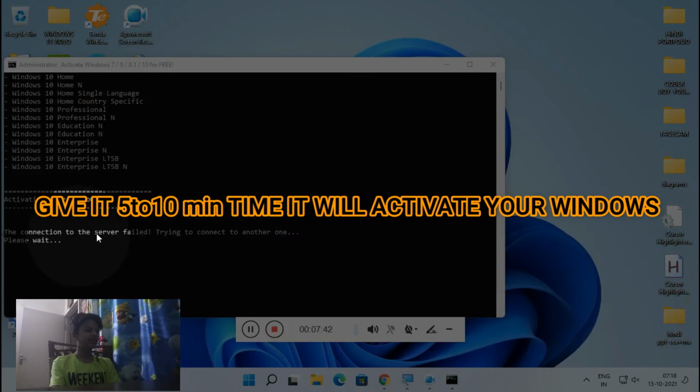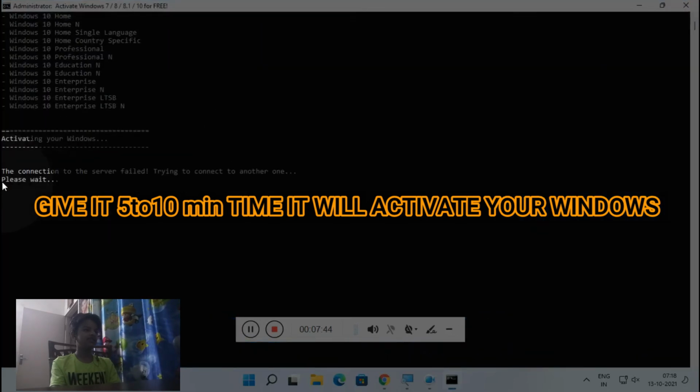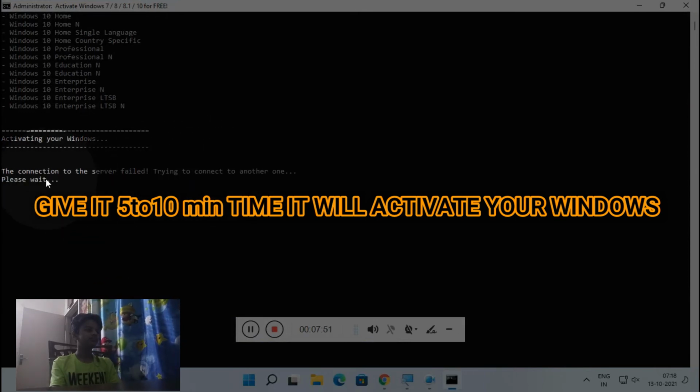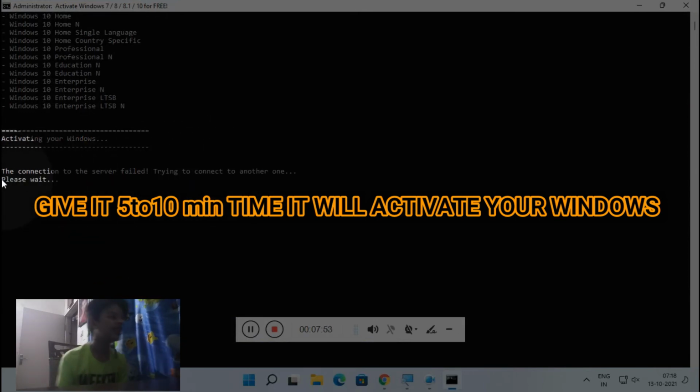Guys, here if it shows these types of errors, then ignore them and just continue waiting. It will activate in a few minutes, and it will show this error 2-3 times. Just ignore it.